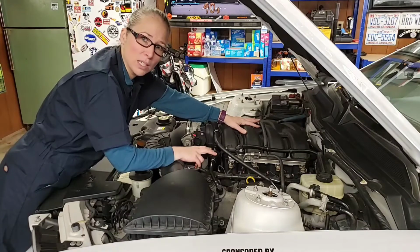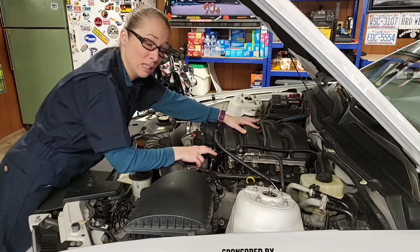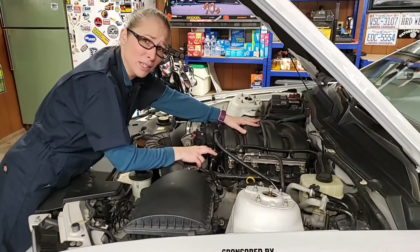It says to clean about every 10,000 miles, and since this is my track car, it probably won't ever need